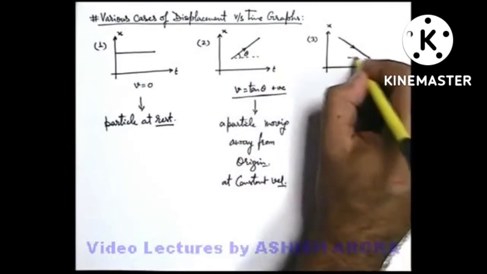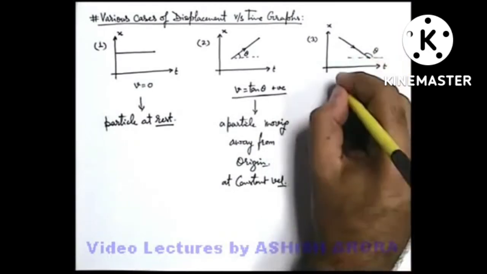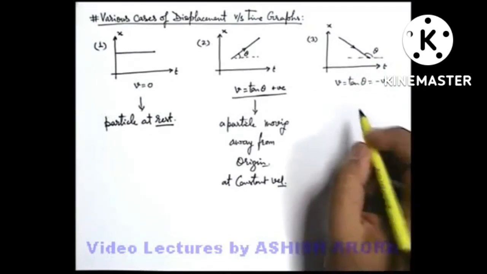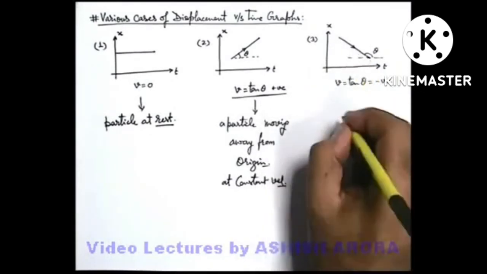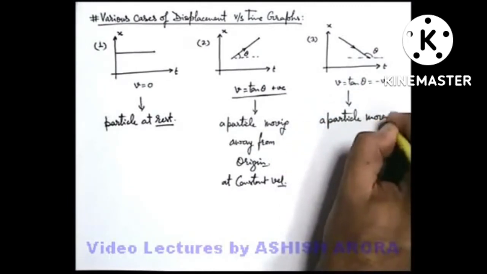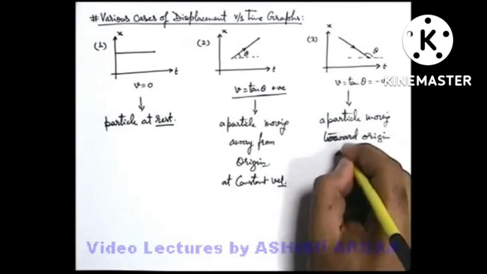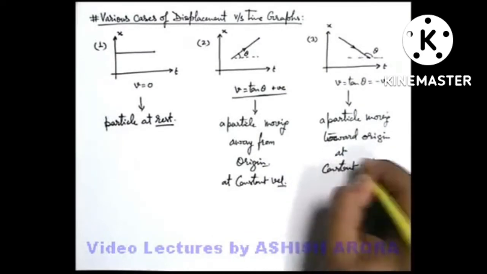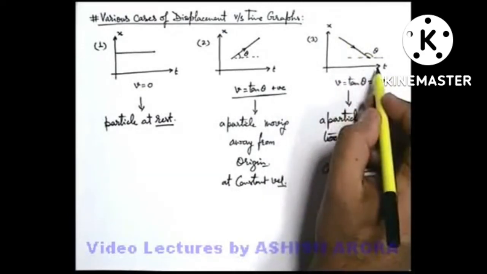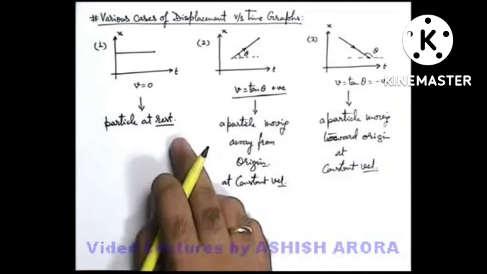If we talk about this third case, we can state here the angle made by the line with the positive direction of the time axis is obtuse. So here if we find out the velocity, still it is tan theta, but it comes out to be a negative value. So you can state here as time increases, x is decreasing. So we can state it is the graph of a particle moving toward origin at constant velocity. Again, we are taking velocity to be constant because at every point of time in this straight line, the slope with the time axis is constant. So these are the three motions you should always keep in mind, because in various questions we need to combine such graphs.